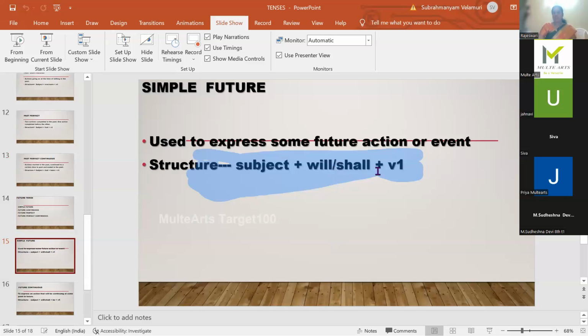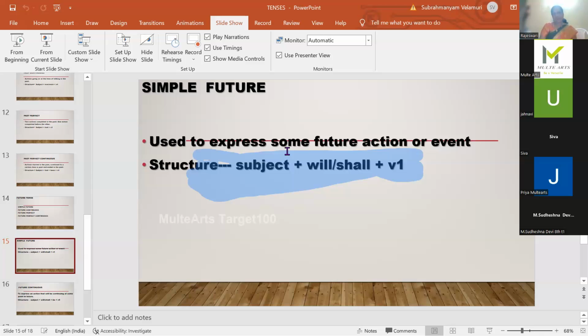Now where do we use will and where do we use shall? There are a few subjects in English: first person, second person, third person. These are the basics, but as I'm going with tenses, I'm not touching that. I and we are treated to be the first persons. You is a second person in English. He, she, it, they, all these are the third persons. I is a singular first person. We is the plural form of the first person. And in English, we use you for either singular or plural. You come here. If I call a group, you come here also. Even if it is a singular person, I use you.